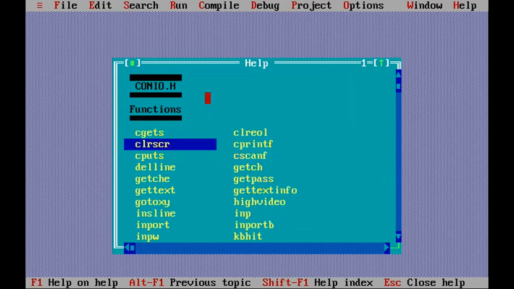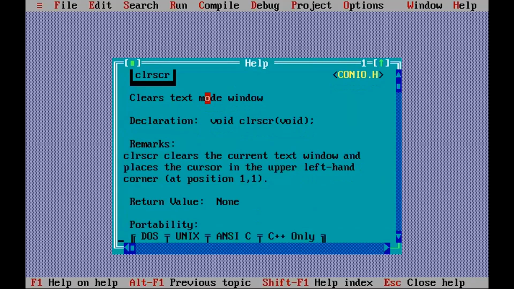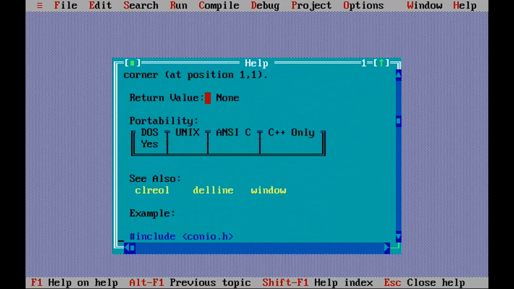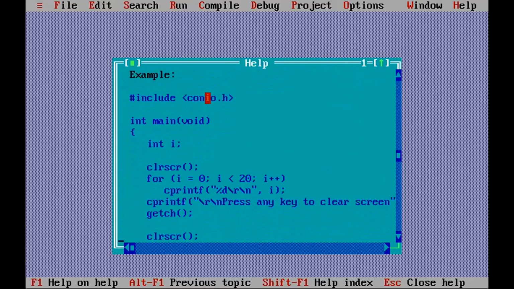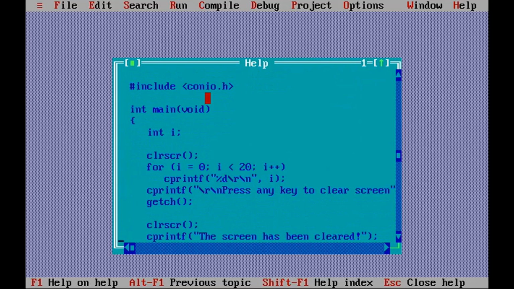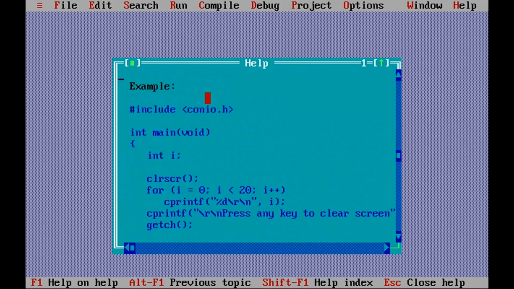For example, suppose clrscr. How to use this function? So select this clrscr, which means clear screen function. Press enter key. Now this is the help, the detail about this clrscr function, and you can read it and use it in your program. For example, a sample example is also given, and you can go through it and use the function in your program.